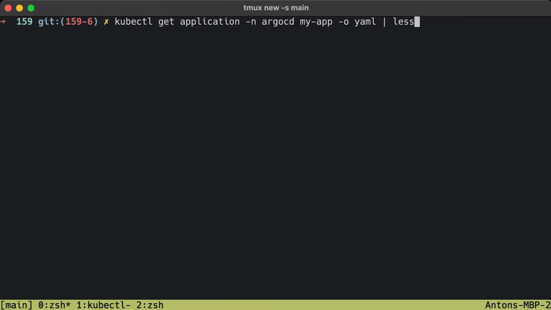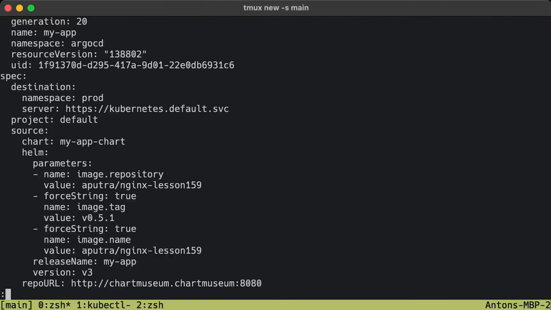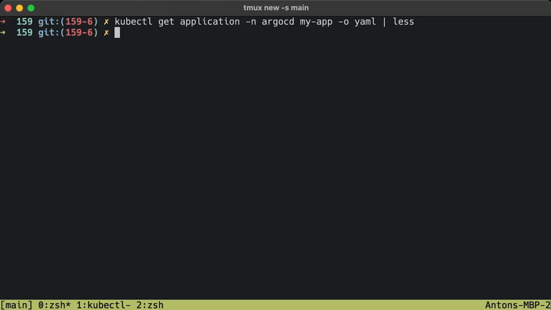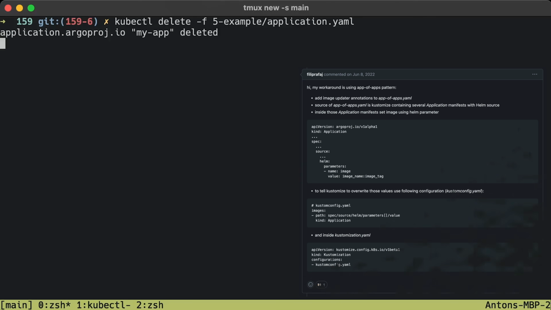You can also find the updated tag under the spec section. Now, you can only use git update method when deploying Helm charts from git source and not from Helm repository. There is a workaround that involves using app of apps pattern and Kustomize, but it's best to wait until it's